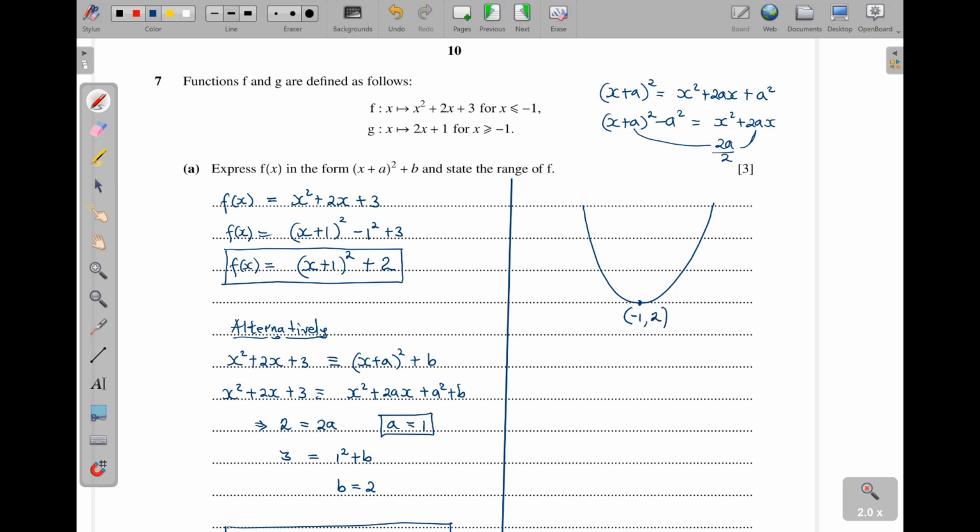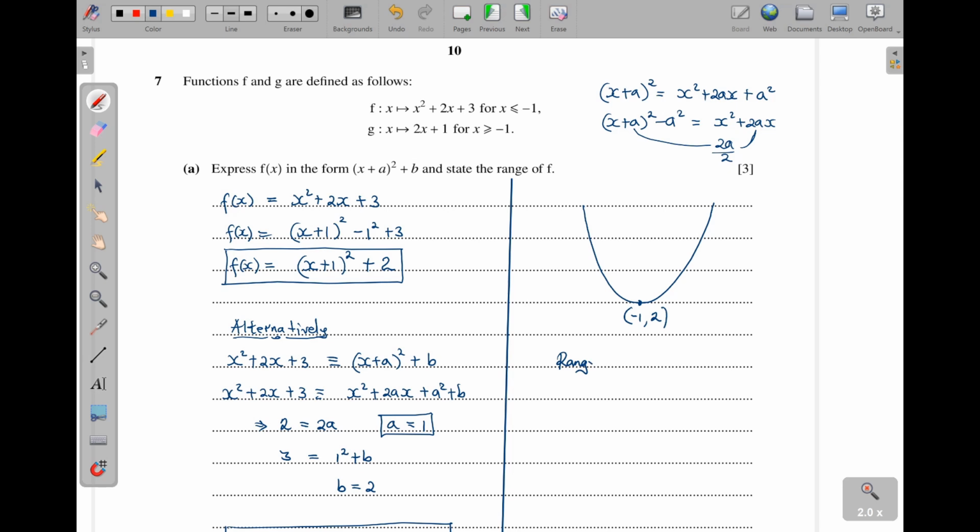That means all the values of f of x, all the values of y are bigger than or equal to 2. Okay? Because it is rising up this way and also this way. You see that? So meaning this is the minimum value. So the curve has a minimum point. So we are going to have f of x. The range is going to be